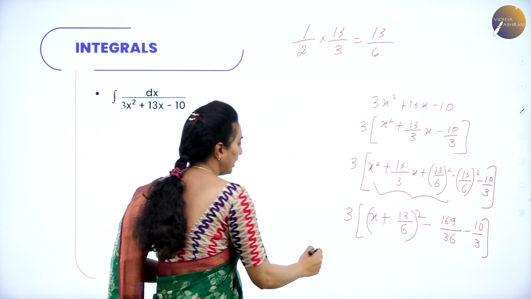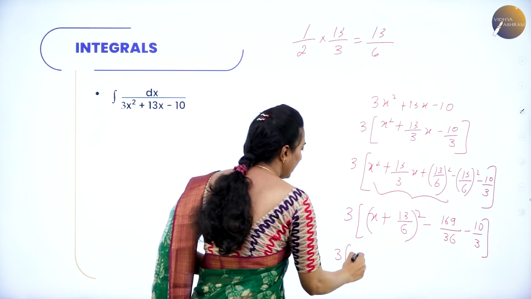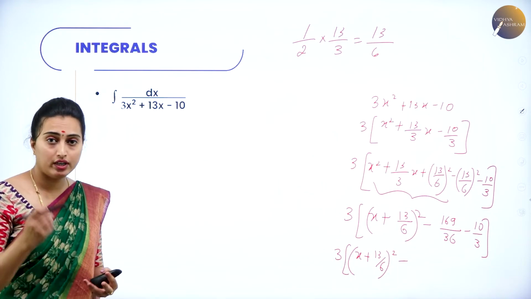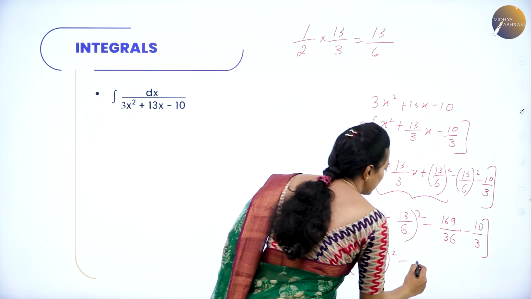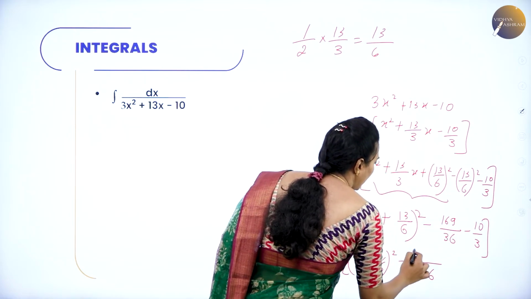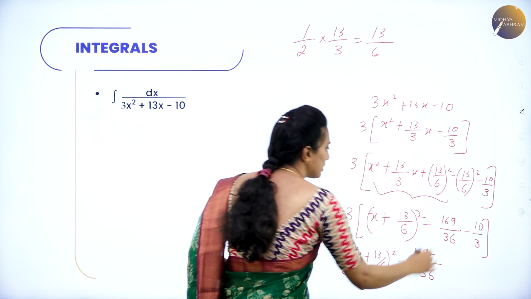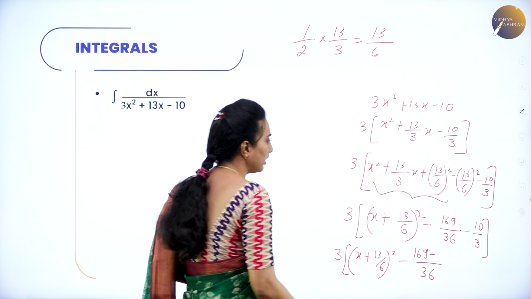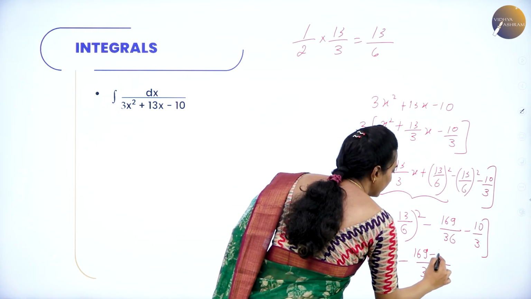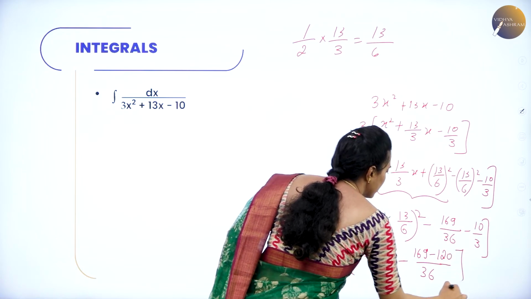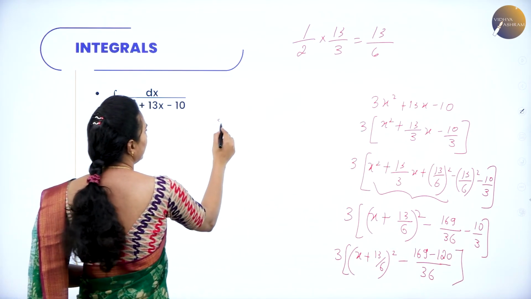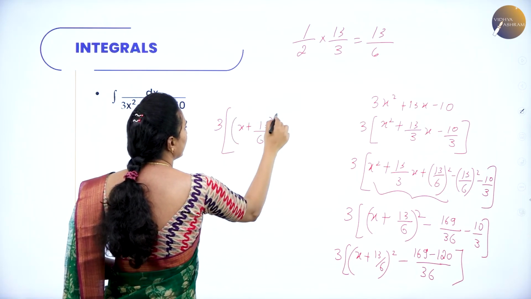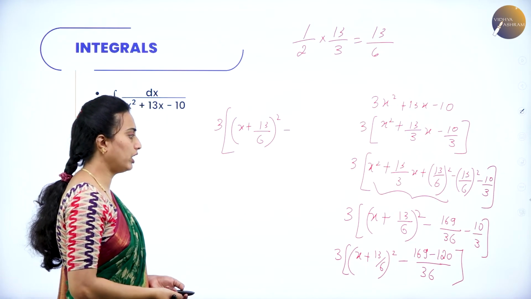If you take the LCM, you are getting 3 into (x + 13/6) whole squared minus... here the LCM will be equal to what? 36, isn't it? So here you have 169. Now you multiply this by what? 3 ones are 12, 3 threes are 36. 12 into 10 is nothing but 120, right? So therefore you are getting 3 into (x + 13/6) whole squared minus 169 minus 120, which will be